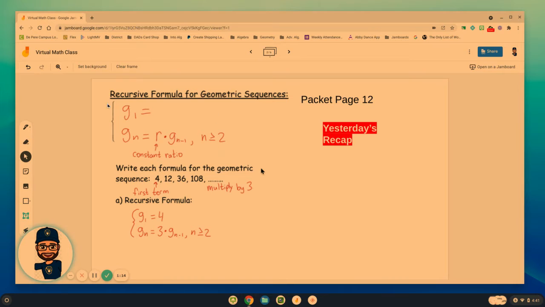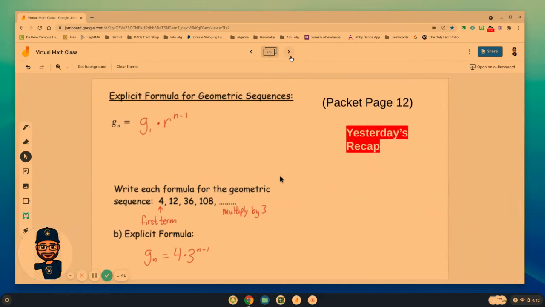So if you're asked to write a recursive formula, it needs to look something like this. Here was our first term, which was 4. They multiplied by 3, so that's that common ratio. So we're starting at 4, 3 times the previous term, as long as we're starting at the second one. Recursive is probably a little bit more difficult to use if we're finding the 100th term and so on, but it's there. Then we had the explicit formula, a lot more user-friendly to find that 100th or 50th term,